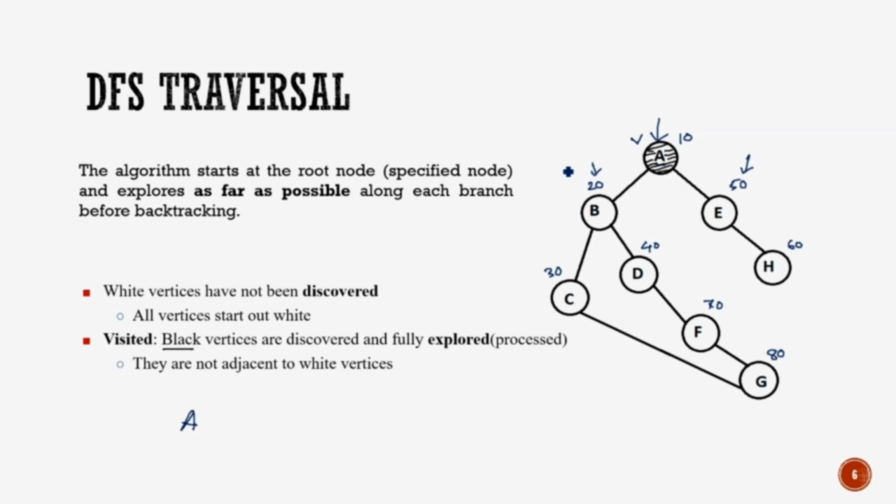And now we have multiple branches, the left branch and the right branch. We can arbitrarily choose from these branches. So we can move either to node B or node E. At this stage, this node is a discovered node and this node is also a discovered node. We know that there are two nodes at address 20 and 50, but we don't know anything in detail about these nodes.